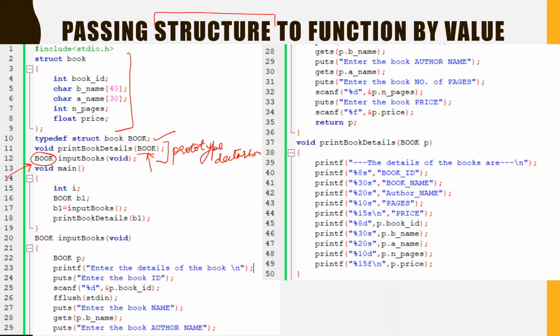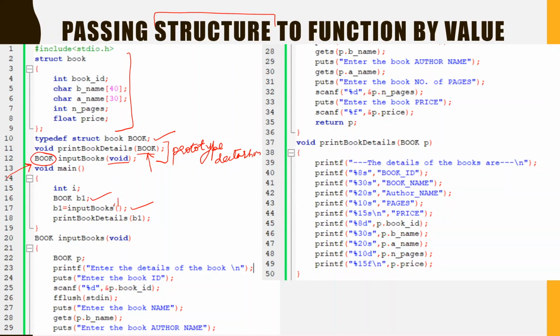We will see both of the concepts, how to pass the value of the structure and how to return the value of the structure, with the help of this example. Here we create a variable of type book, b1, and then we call this function input books. Since this has only void, it means no parameter would be passed here.